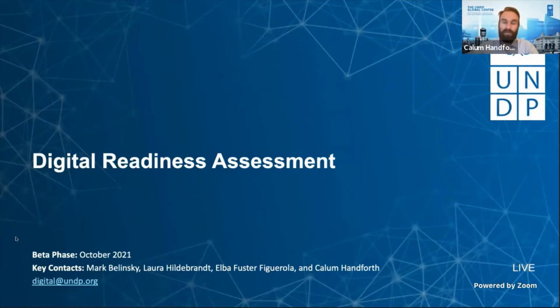What I'm going to do is just walk you through what we call our digital readiness assessment, which is a UNDP tool that we've been working on with a number of governments around the world, most recently the Government of Curacao. And then also very happy in the chat and also in the lounge afterward to discuss more broadly the role of digital data and technology in development, in decision-making, and other aspects as well.